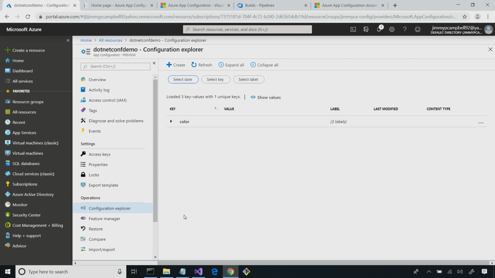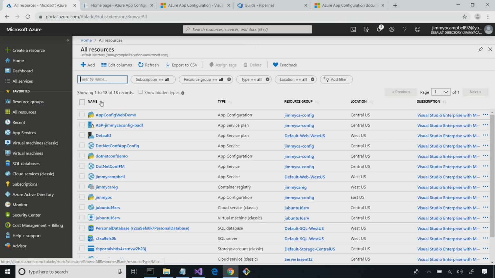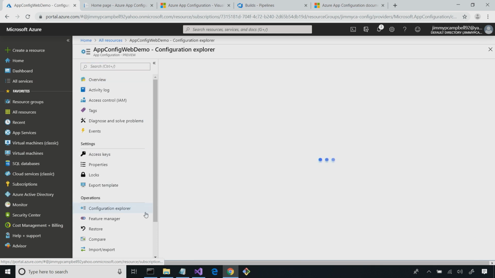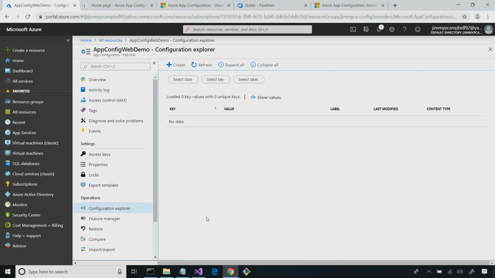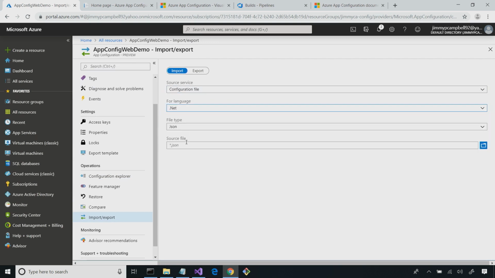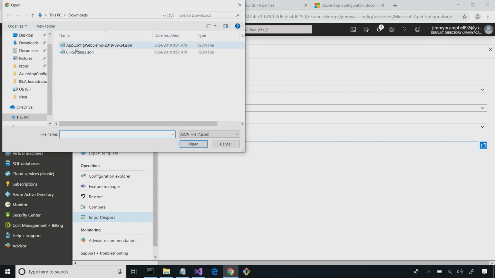And now that we know how the settings are represented and how we can kind of get started, it makes sense to move into a .NET Core app that's actually utilizing this. And so before I do that, let me go ahead and move to another app configuration that I already allocated. This one doesn't have any settings yet, but I'm going to show the import I talked about. From a configuration file, I'm going to import some settings,